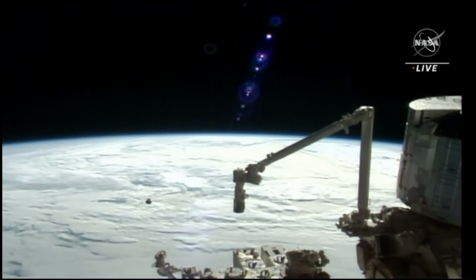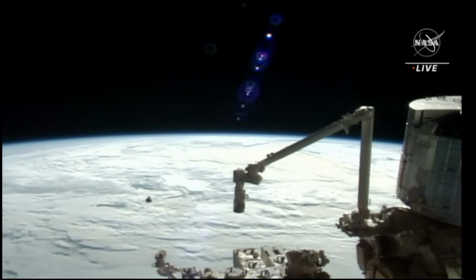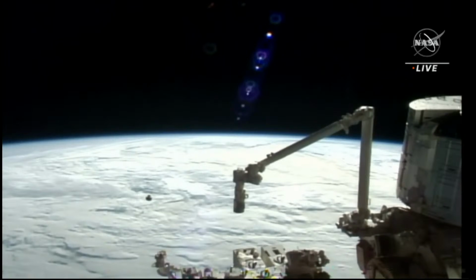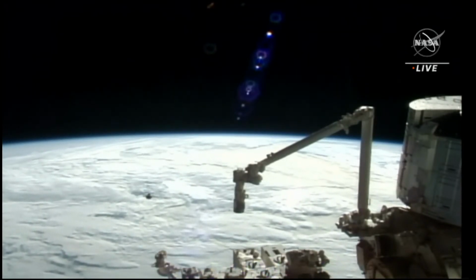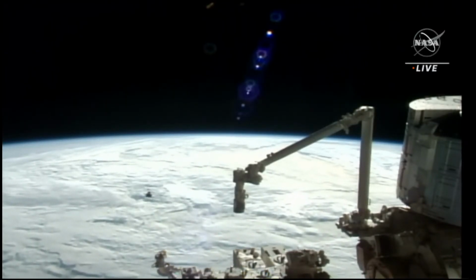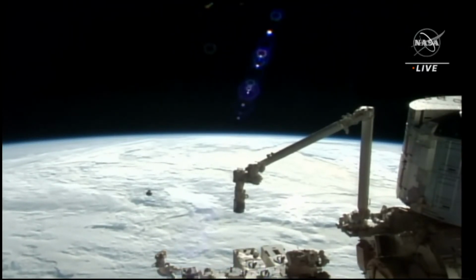And this is another cool view from the, I believe this is the forward side of the International Space Station. That's right, and those cameras on the port truss of the International Space Station, what you're seeing, the features there are the Japanese robotic arm and the Japanese logistics module sticking up at the top of the Japanese